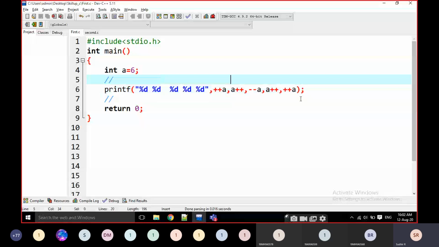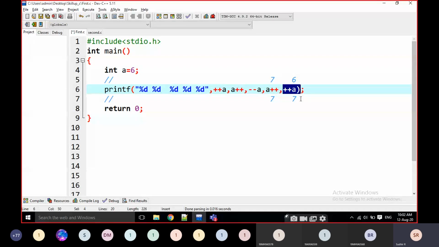Then this is post increment. Then I am going to print exactly 7. Then A is incremented as 8. Then every time it is incremented or decremented, I am going to check whether it is post or pre. We have to check if there are any pre's on the right hand side. If there are any pre's, then we just have to modify it. That's it, nothing else. Okay?